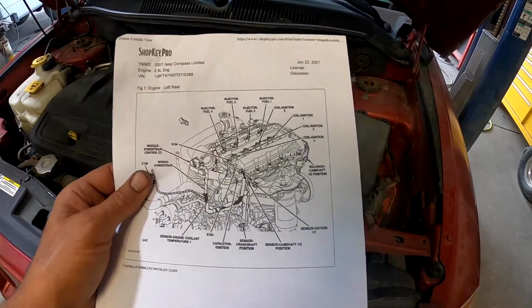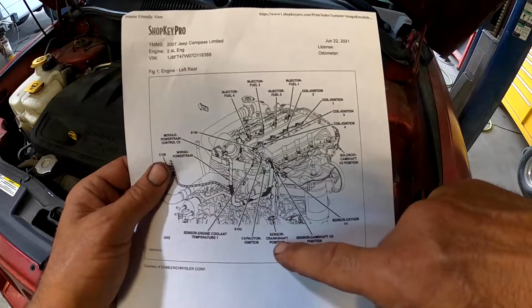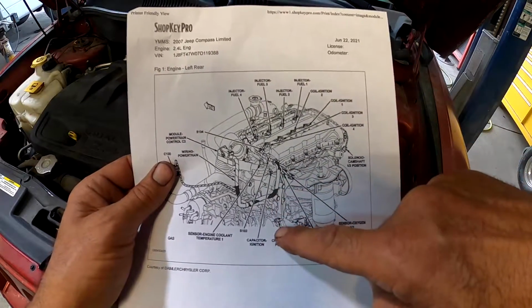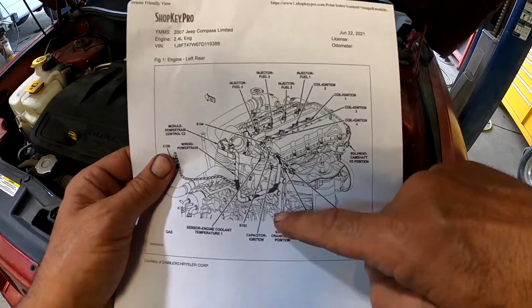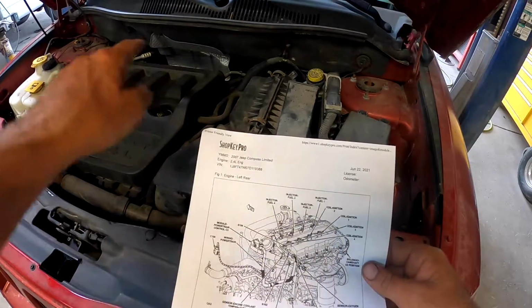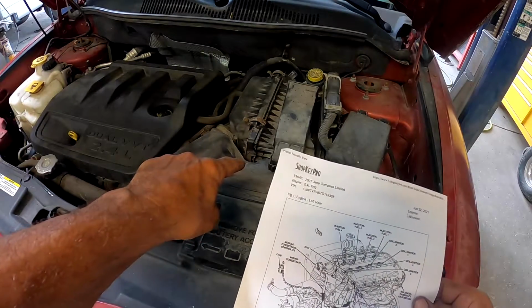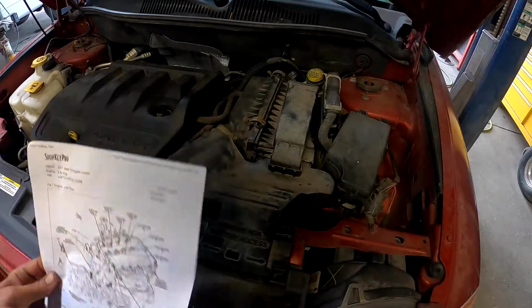I went ahead and pulled a schematic so I could show you where the sensor is. It's located on the left-hand side of the engine, just above the bell housing. So looking at it, this is over here, and this is your transmission over here. So the first thing we're going to do